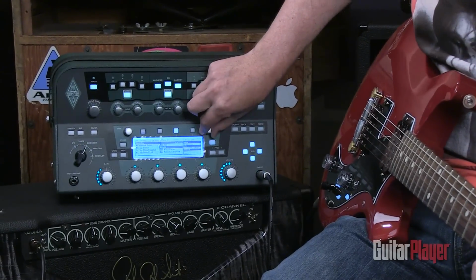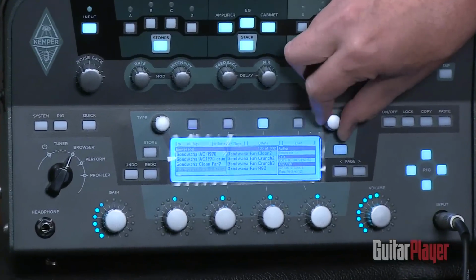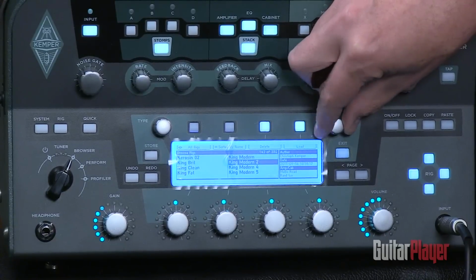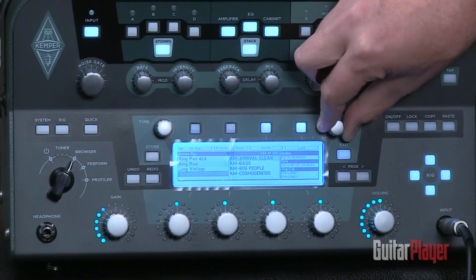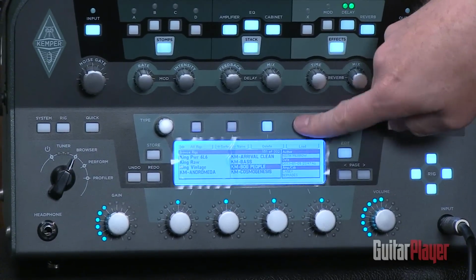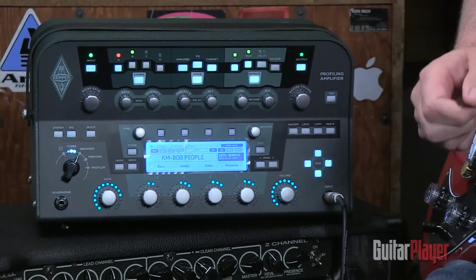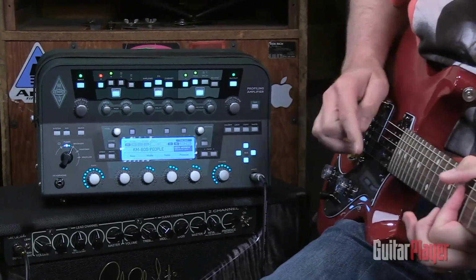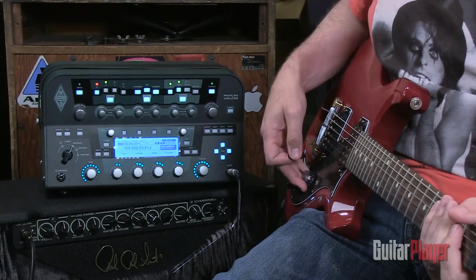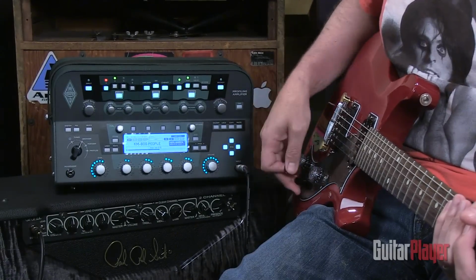So now I'm going to cruise through, and we're going to move up to a profile that was created by Mr. Keith Merrow. He's an up-and-coming product demo guy that everybody's really excited about. This is something that he came up with that's called Bog People. And you're going to hear this is a great heavy sound here. But once again, very sensitive to the input gain that I'm slamming the front end with. If I roll this gain back just a little bit, roll my volume back, then